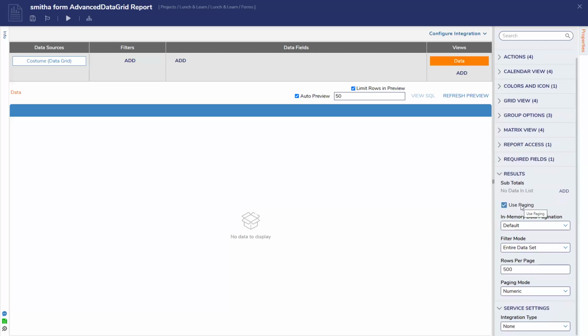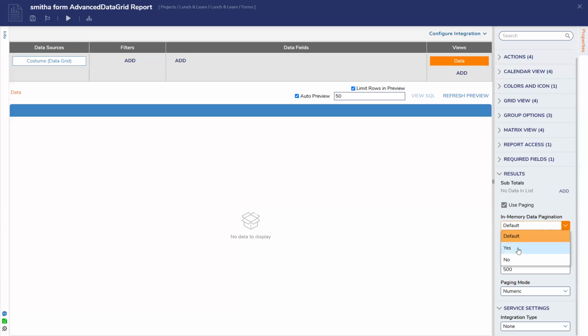Use paging. All right. So this right here is a fantastic tool to use, and you can use in-memory data pagination. Oh, which one of these was the one? Pardon me. Let me look at this. This will take me just a moment. I want to recall exactly what this does. So I believe this,